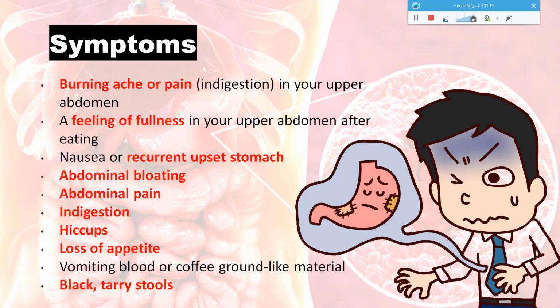So we already saw some symptoms. You can have abdominal bloating, pain, and indigestion issues, and you may have a lot of hiccups because of the gas in you. You may have loss of appetite, and sometimes you may even have tarry or black stool. So these are a few indications that you are suffering from gastritis, and you need immediate attention so that you can come out of this